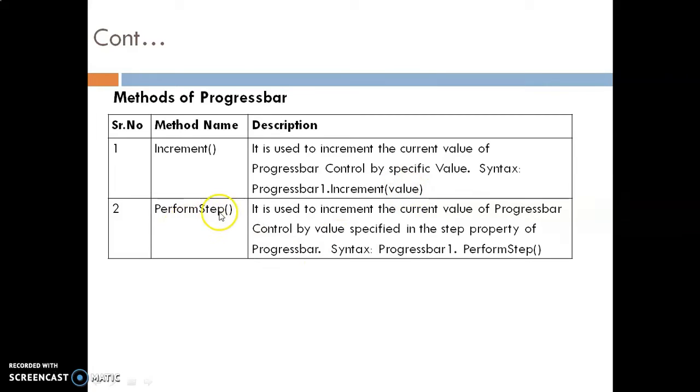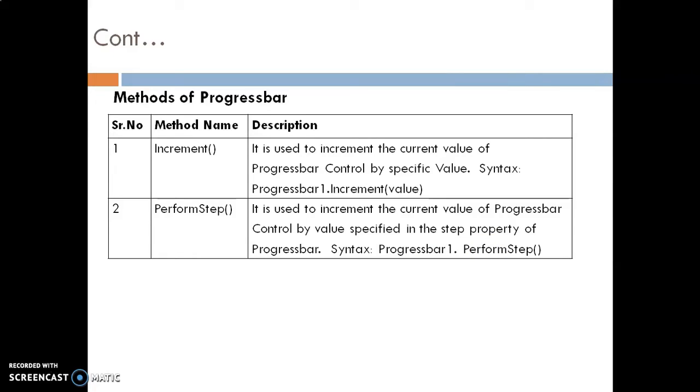Perform step is used to increment the current value of the progress bar control by the value specified in the step property of the progress bar. So first we have to change the step property value at design time, and then we can use the progress bar's perform step method.